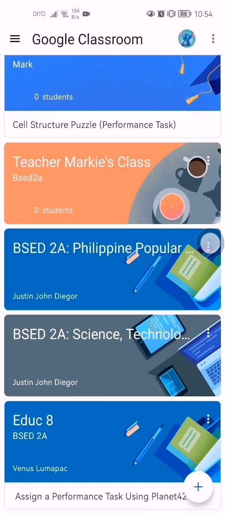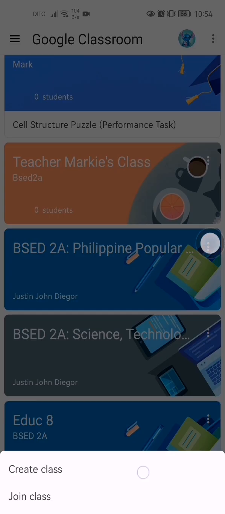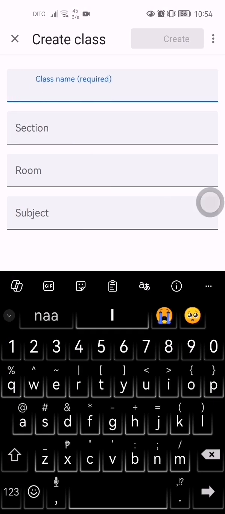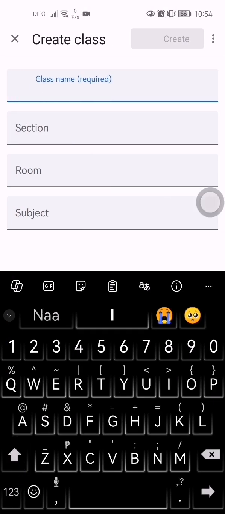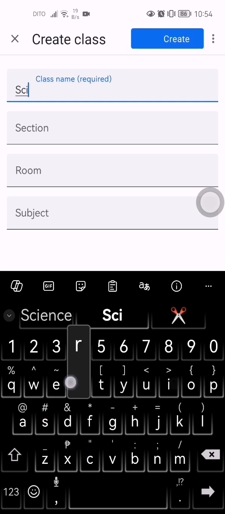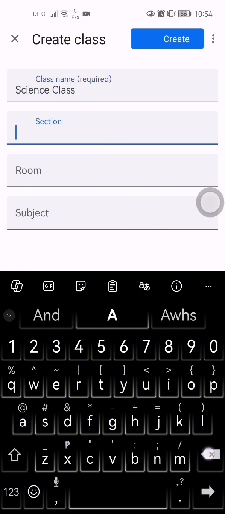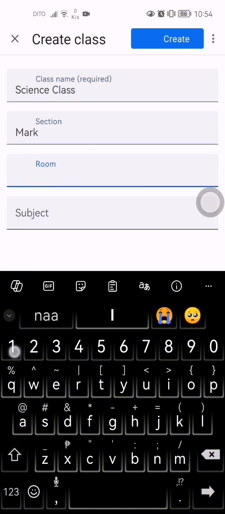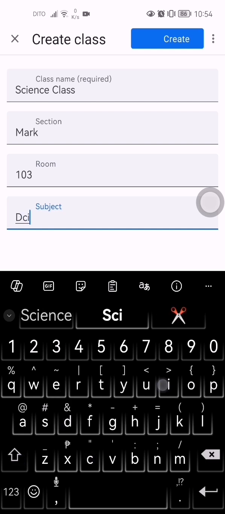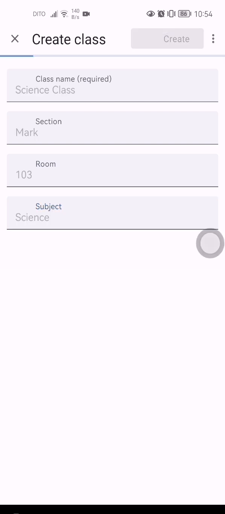Let's just click this plus sign and create class, and then fill up this form. Class name, we're just gonna put science class, and then section, room, and the subject, which is science, and create the class.